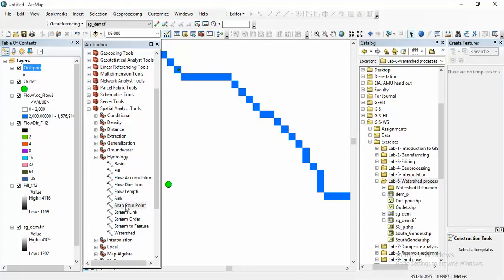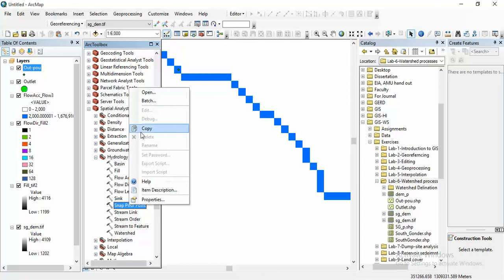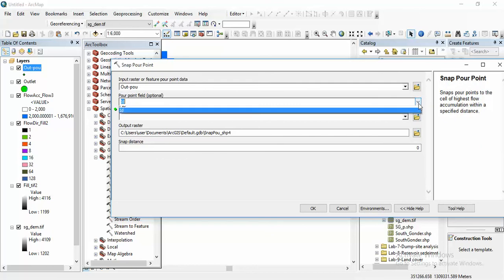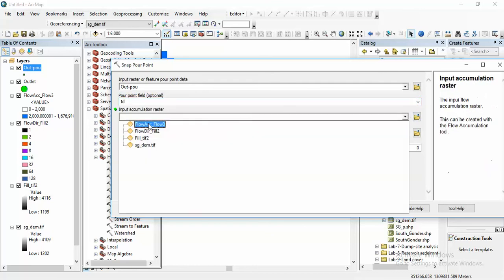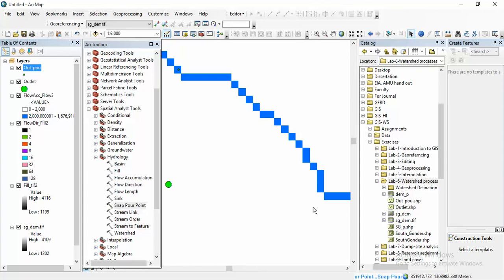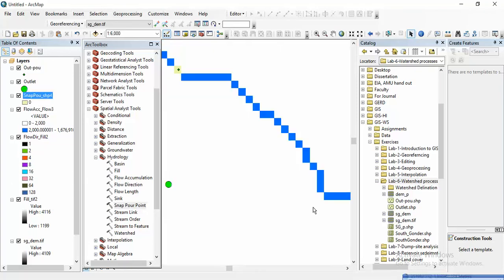And then the next step is to snap the outlet point. Snap the point means to put it exactly on the raster, to rasterize the outlets that I gave for delineation. Snap pour point, and then this is the point that I'm looking for, and I'm looking for the feature ID, and the flow accumulation is the flow accumulation. It means that it integrates my outlet with the flow accumulation. I have to say okay. You see, so snap pour point. This is it. I give the point, and then